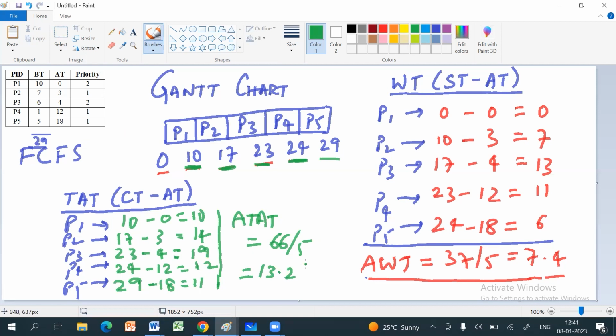Okay. So these are the average wait times and average turnaround times using the FCFS technique. Right. Now let's get to another technique called SJF. So let me quickly copy this table again for your reference. Right. Let's move to